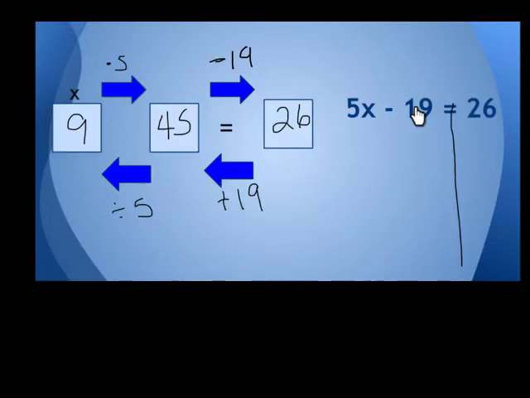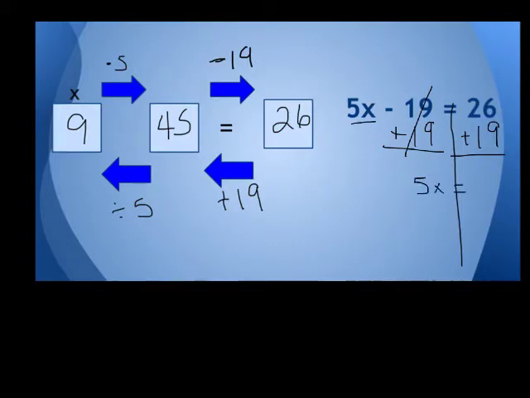Another way to think about that is in the variable's story, what happens to it. Whatever happens last gets undone first. So we said 5x minus 19, the thing that happens last is minus 19, so we undo that first. Undo minus 19 with a plus 19, and do the same thing to both sides of the equation. Minus 19 plus 19 cancels, bring down